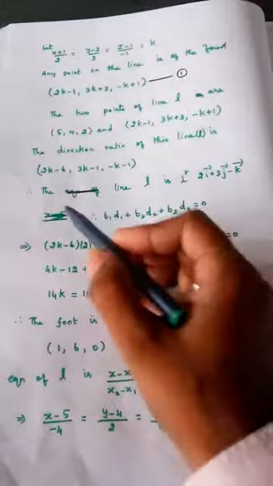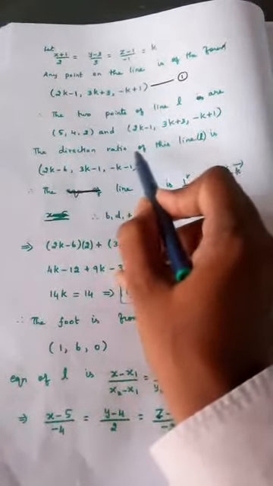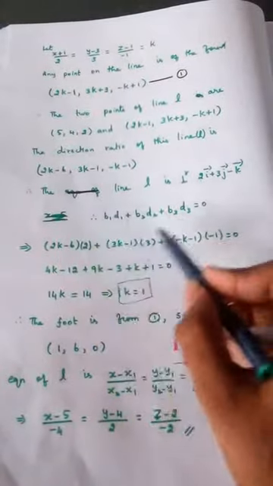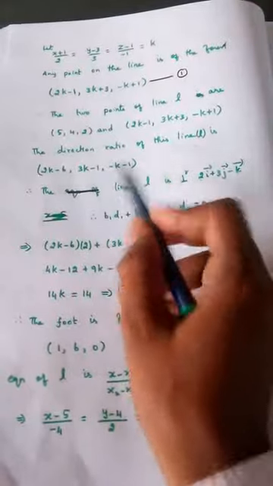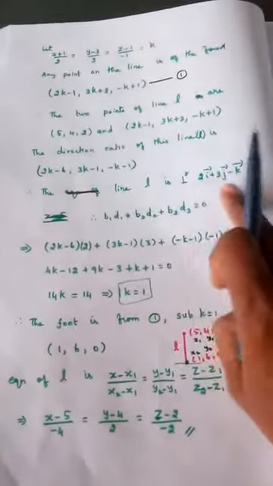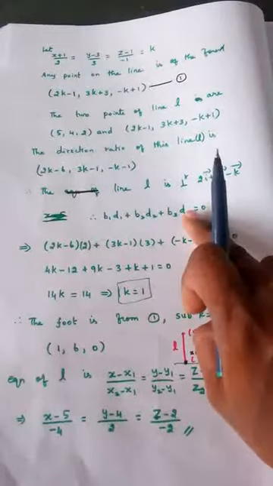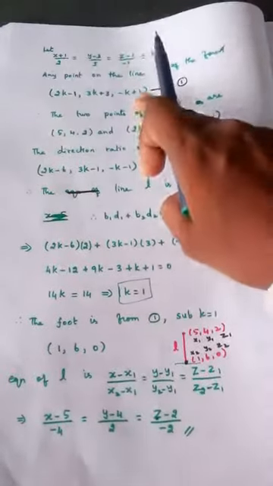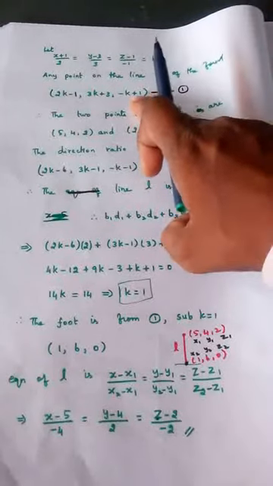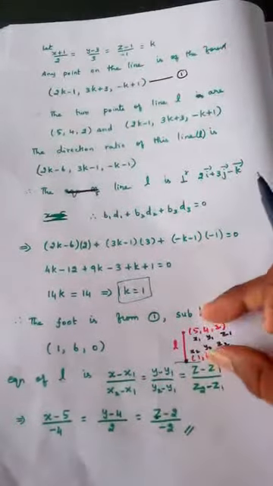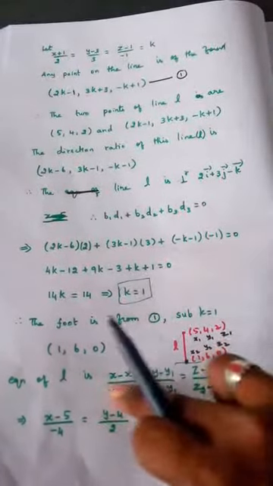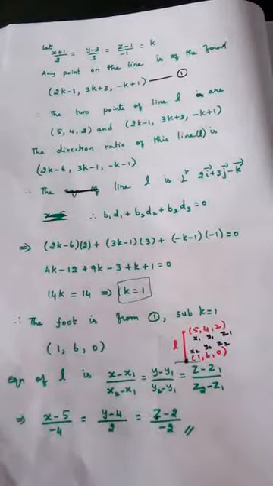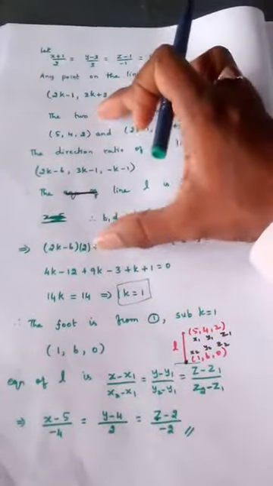You have to understand clearly why we are finding the direction ratio of line L: just to get the values for b1, b2, b3. That is why we find the direction ratio for L, so that this is b1, b2, b3 and this is d1, d2, d3. In that condition, if we use it, we get the k value. Substituting the k value in this first equation, we will get the foot of the perpendicular as (1, 6, 0). So once we know 2 points in line L, the equation of line L is easily got from this formula. Hope you will understand. The sum looks difficult, but it is not difficult if you understand this part clearly.